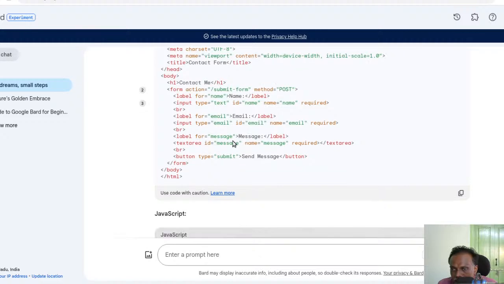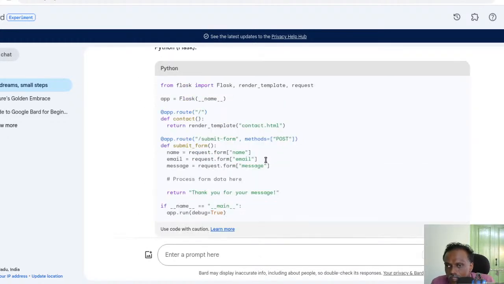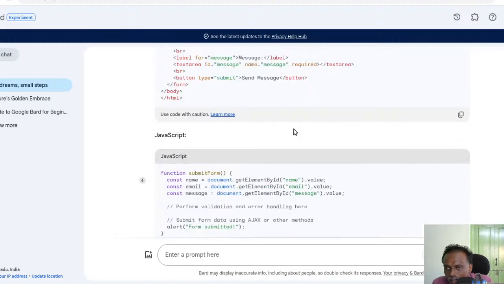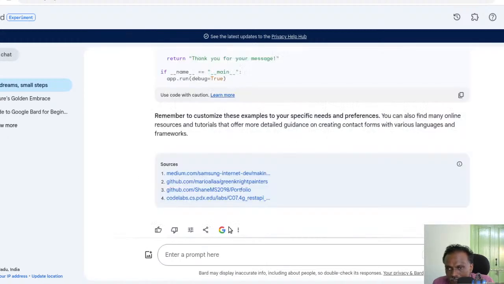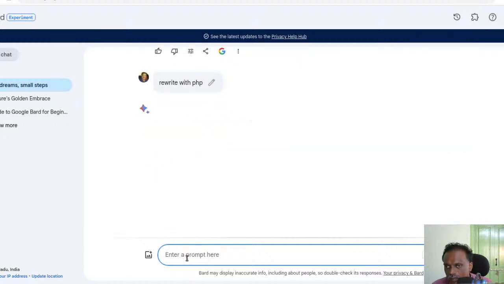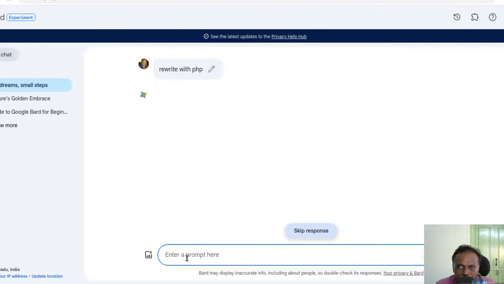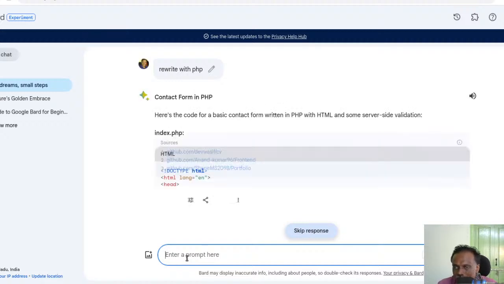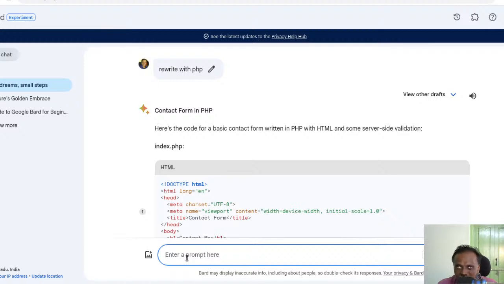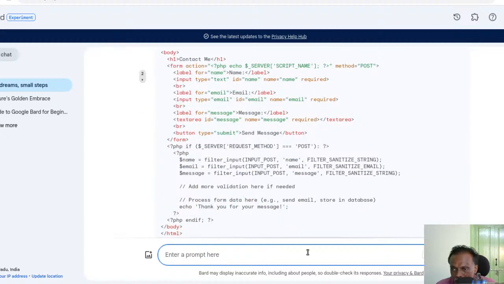Here it's having separate HTML, JavaScript. It's Python. So we can ask it to replace it with PHP, rewrite with PHP. You can ask it. So there are various ways, but the best thing is we need to be familiar with prompting skills. Those 6 strategies, I mentioned in my previous book. Even I posted in my blog. So now it replaced it with